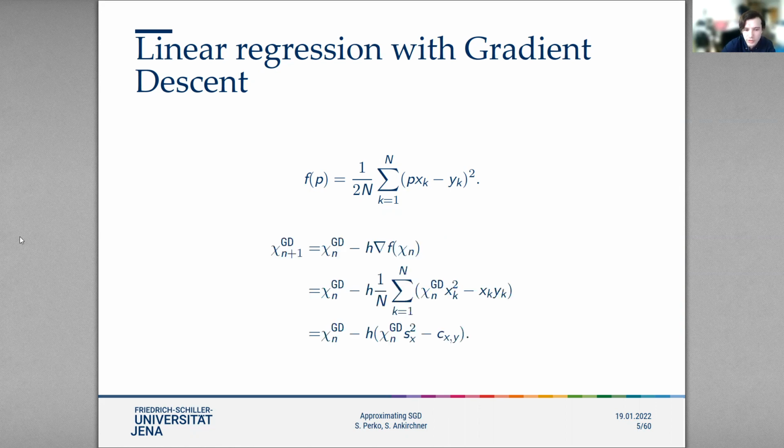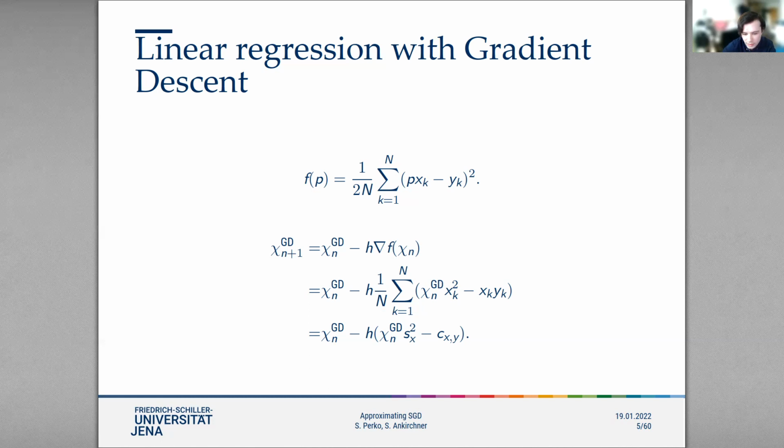So what we do is we define gradient descent by saying, okay, xi n plus 1 is given by xi n minus a learning rate h times the gradient of f applied to xi n, gradient descent again. And in this case, of course, it's just a derivative because we're in dimension 1. And if we compute this, we can see what we're actually doing here is taking the average over all data points. And the step we're actually doing is